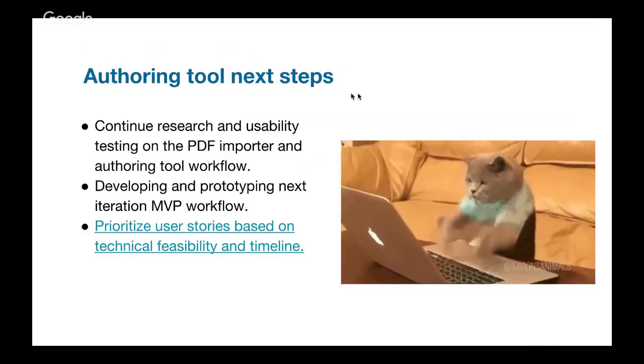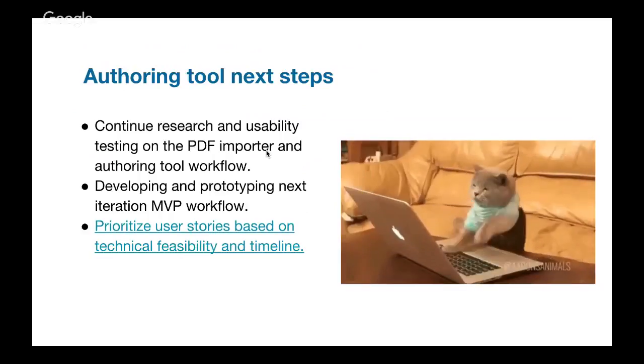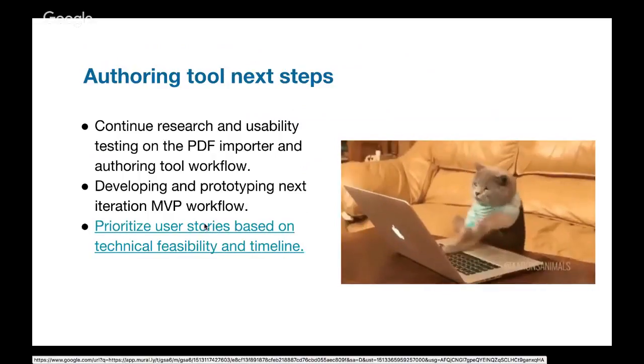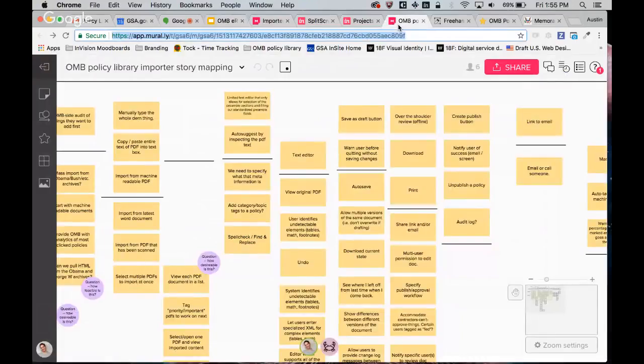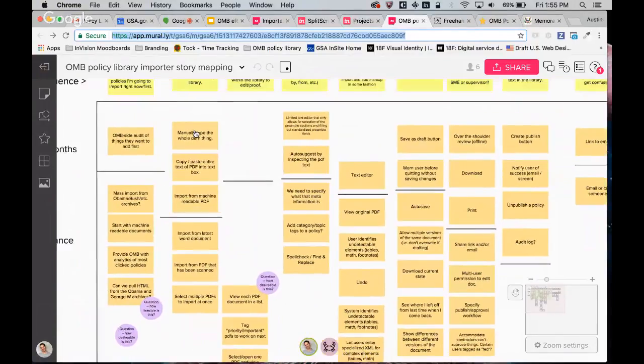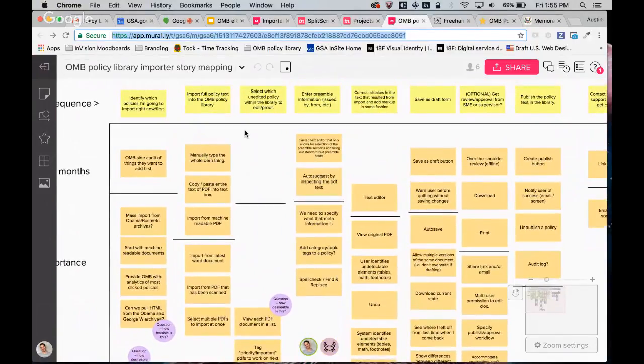So the next steps we're going to take are improving that task flow, coming up with a V2 of prototyping, and then working on an MVP. So what the team started to do, we haven't yet finished. It was like a 2-part episode to be continued. We started mapping out this importer story